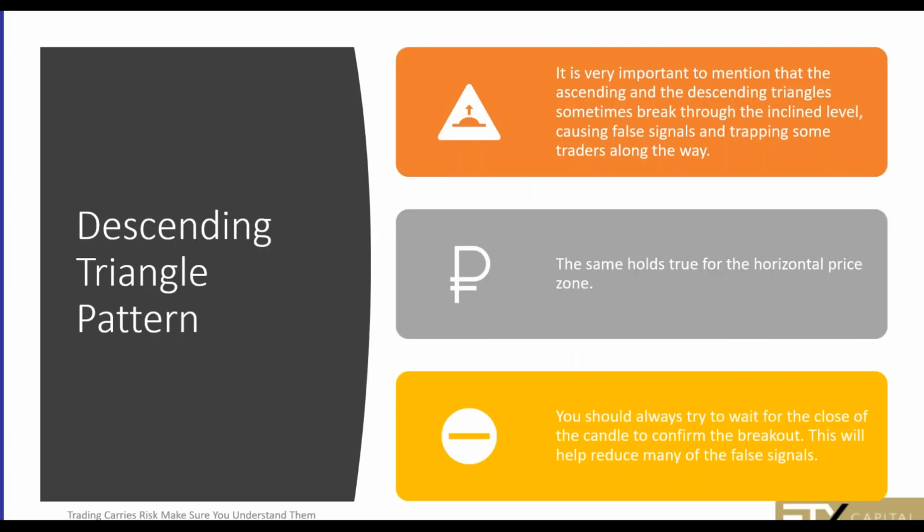Now, it's very important to mention that the ascending and descending triangles sometimes break through the incline level, causing false signals and trapping some traders along the way. The same holds true for the horizontal price zone. You should always wait for the close of the candle to confirm the breakout. This will help reduce many false signals. Okay, and it's important. Too many traders,